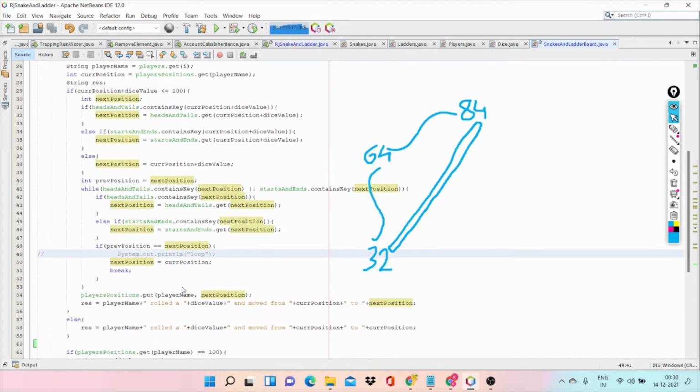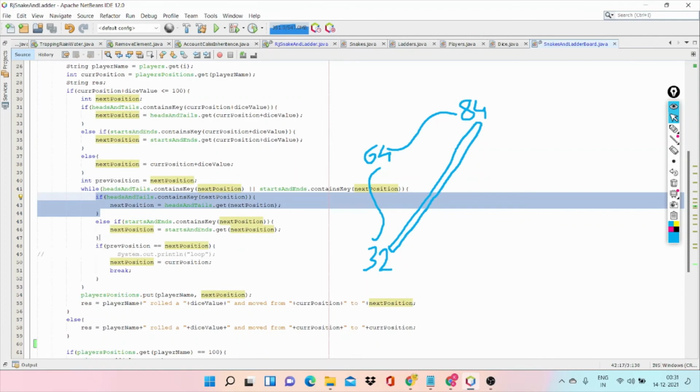Here we store the previous value. For example, the previous value is 64. We run a while loop checking if the position contains any snake or a ladder. If it contains a snake, we need to get the next position.